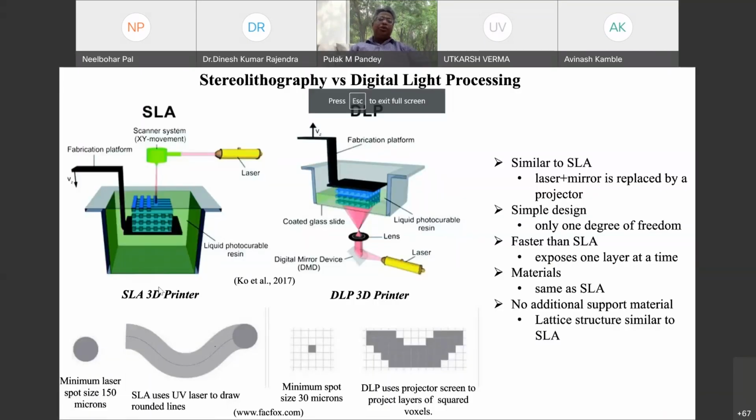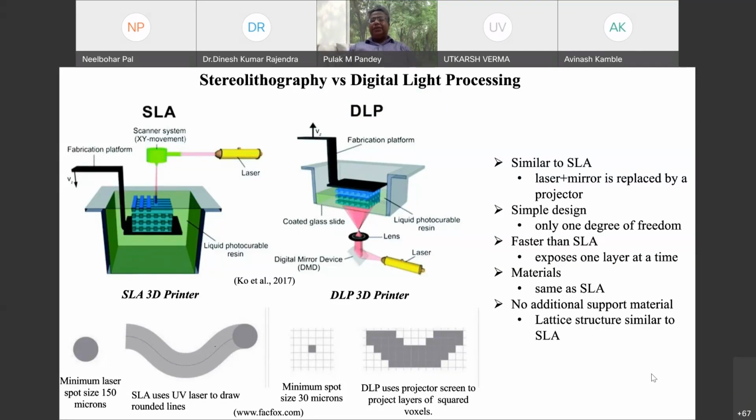So here this is stereolithography. The same photopolymer resin we are using. In the case of stereolithography, it is a laser spot that moves. But in this case, the complete layer is exposed by this light in one go because we have some sort of projection system, which is like a movie theater. So this will be a very fast printer